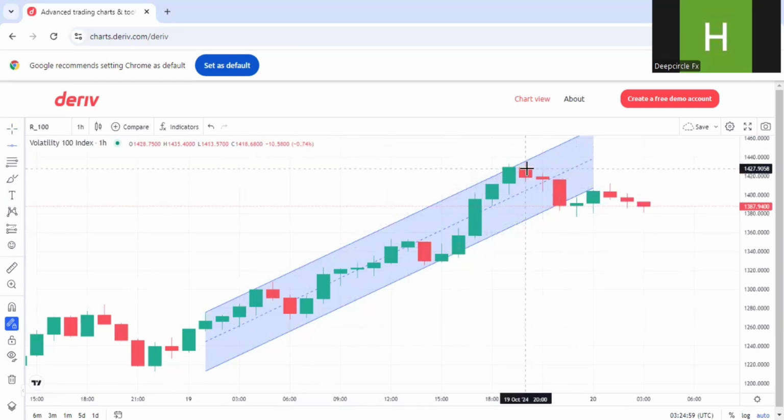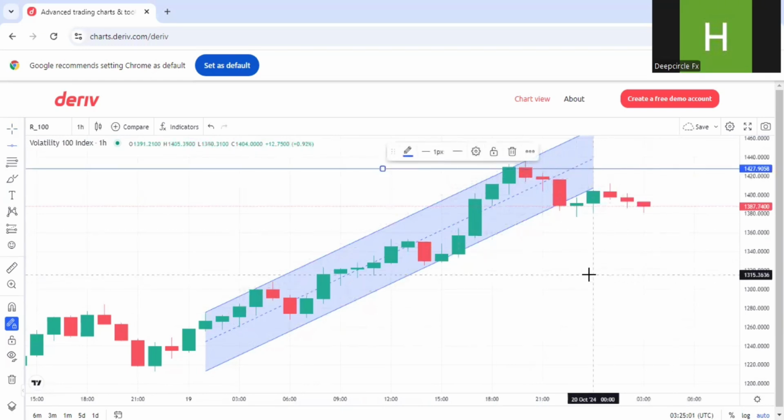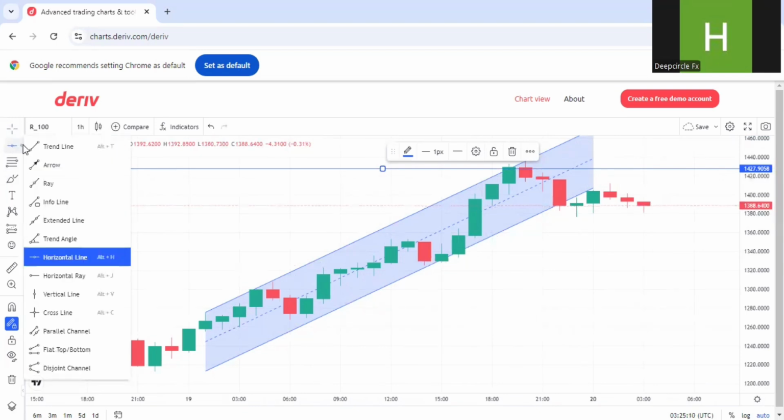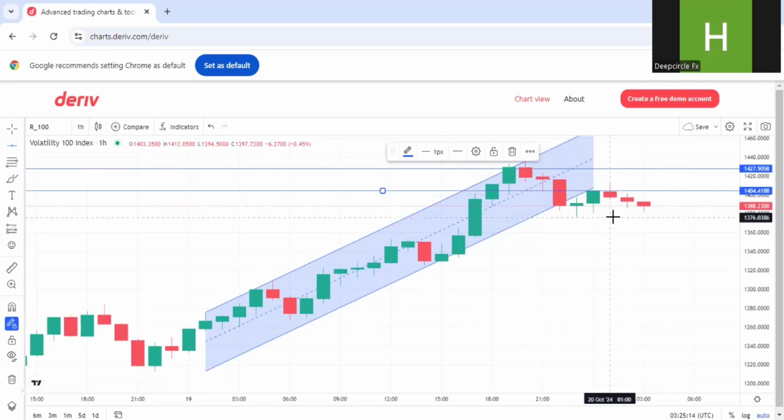So here, this is the first one. So there's a chance that the market can go up to touch this trend line, then start to sell or start to go upwards. You have to wait for the confirmation after that. Then we also have another one, which is here. This is our line of interest. These are the areas that we are mostly interested in. We have this first line, we have this second line. Then we also have the third line,